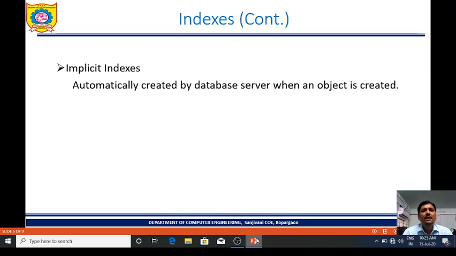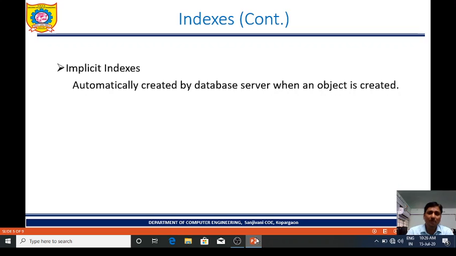Next, implicit indexes. These indexes are automatically created by a database server when an object is created. There are multiple objects in a database, and when an object is created, implicit indexes are automatically created.